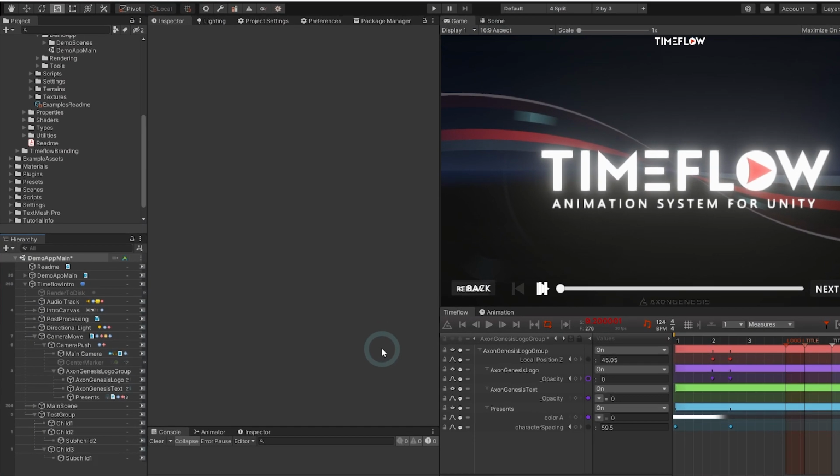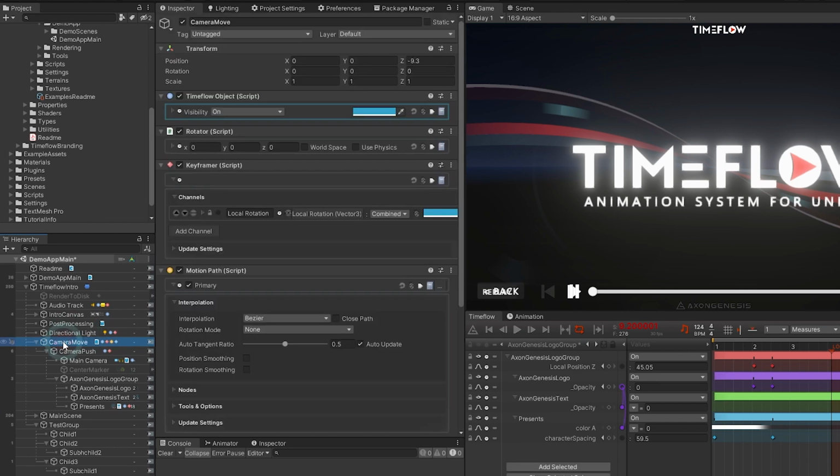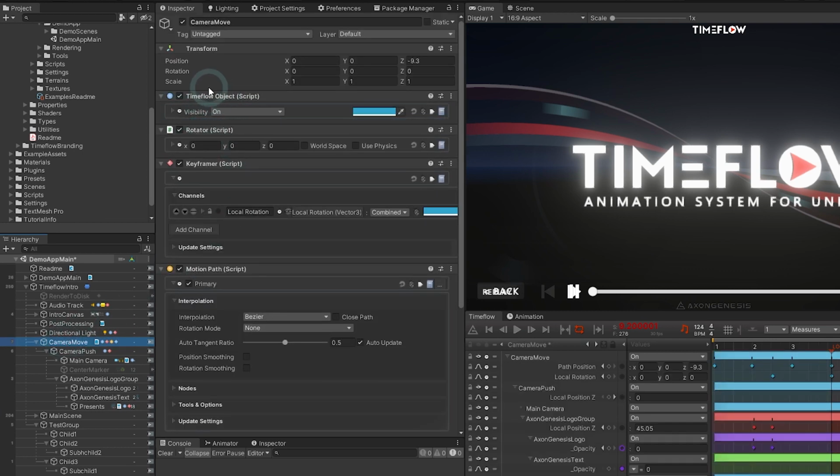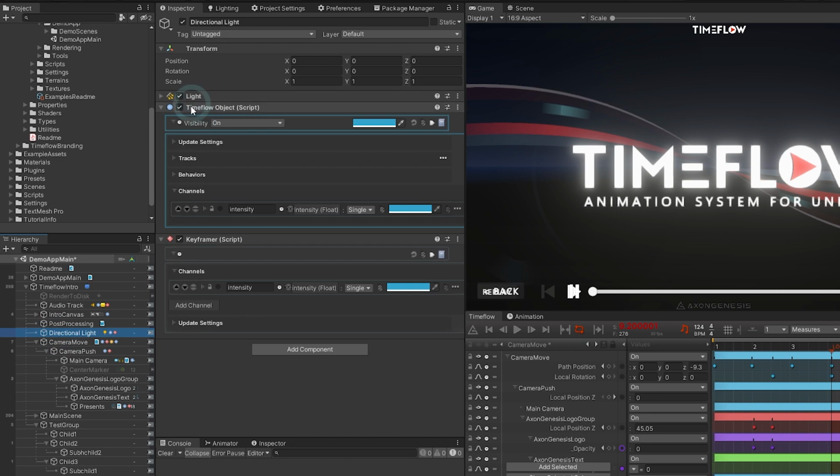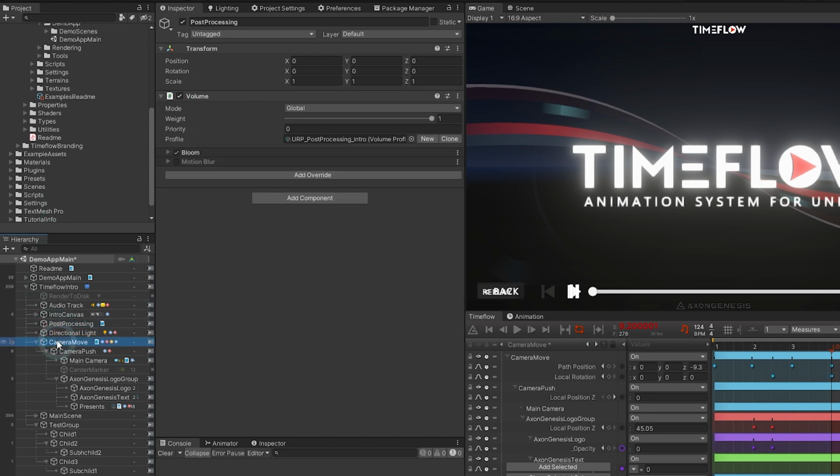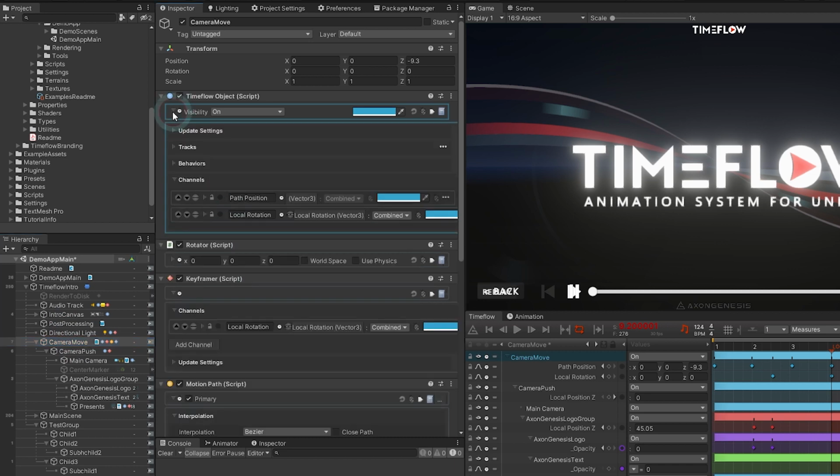In this video, you'll learn how to work with Timeflow objects and hierarchies. Whenever an object is added to Timeflow, a Timeflow object component is automatically applied. This is a one-time setup per game object, automatically handled, and is the basis for all behaviors and required to function with Timeflow. Timeflow objects act as a container for behaviors and channels, managing localized time and the order in